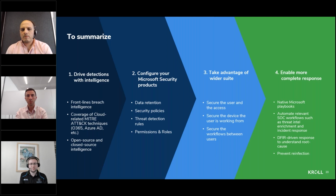And then on top of that, make sure that you've got that third component of threat intel from open source or closed source intelligence. We then went through configuration needs that Rafael took us through on your Microsoft security products. So by that we meant looking at your data retention requirements for either compliance or threat hunting needs. What exactly security policies you may be looking to make available, whilst also thinking about the accessibility and availability of